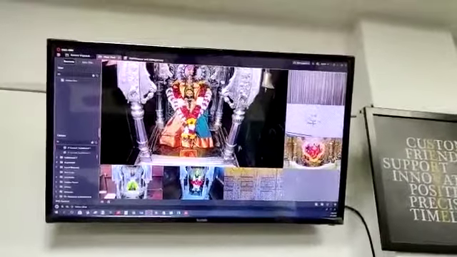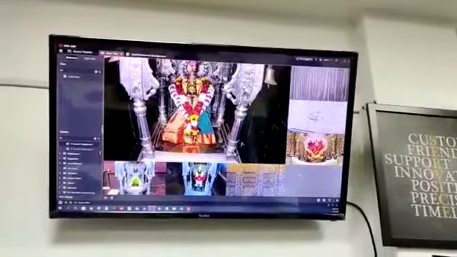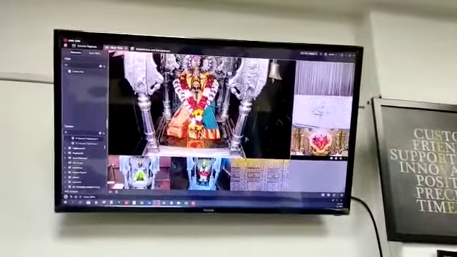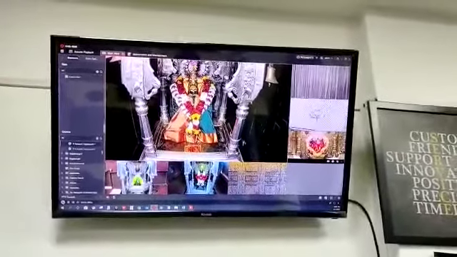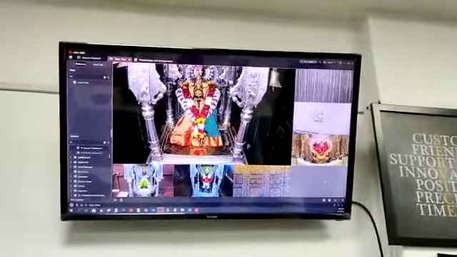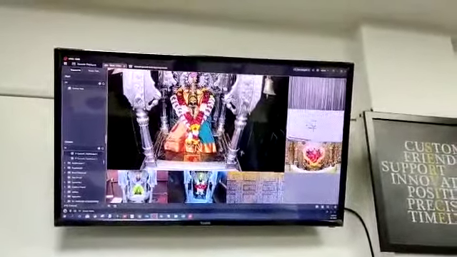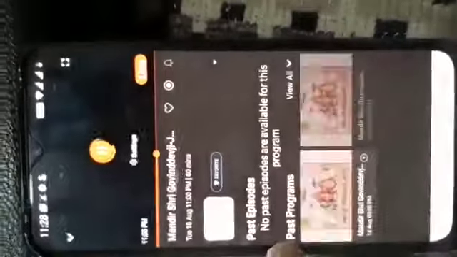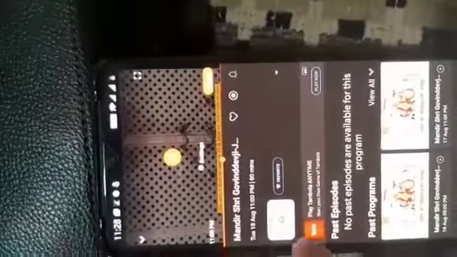We have done deployment of these cameras across 30 plus temples which are live currently on Geo TV, and we do 24/7 remote monitoring of these cameras. In this we can see all the temples which are made live.